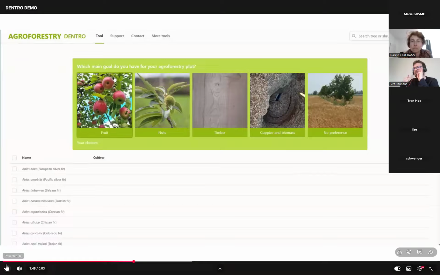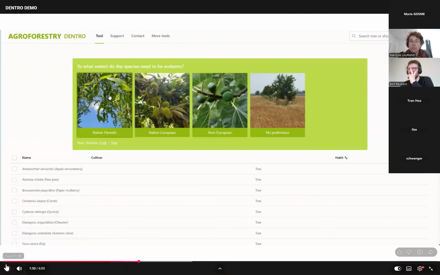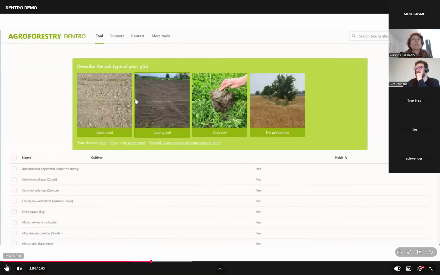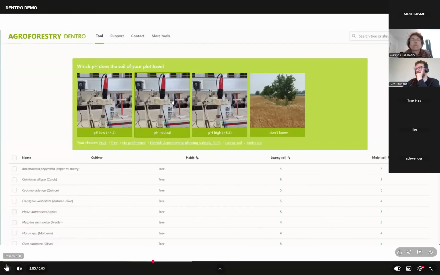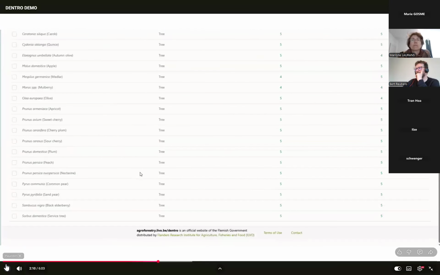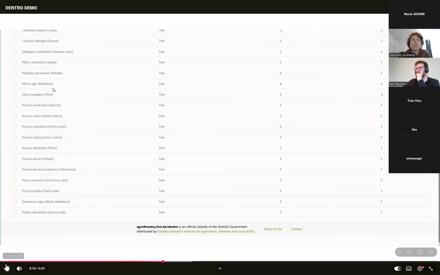So the goal could be fruit trees. You can be looking for trees. Do they need to be endemic? Well, you can choose, and if you don't know or you have no preference, you can click here. So I will quickly choose some options. And in the end, you have a list of species that are, according to your options, possibilities.